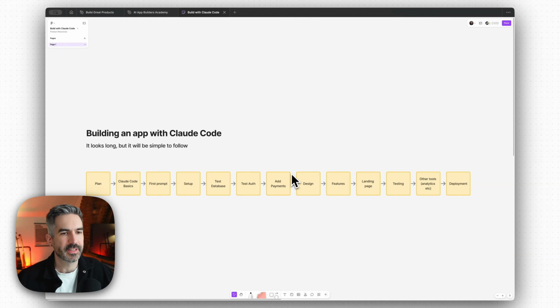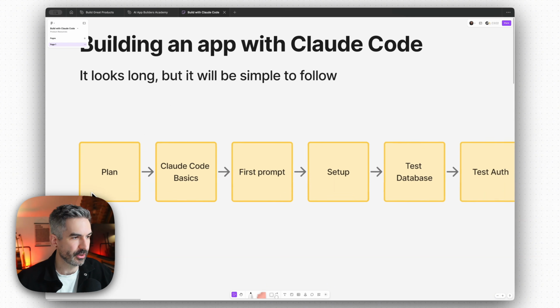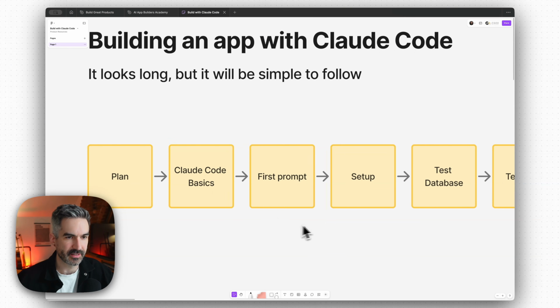So let's start building our app with Claude Code. And what we're going to do is we're basically going to go through all of these steps in this video. And I know this looks long, but this isn't going to be that difficult to go through step by step. And you can follow it through the entire video with Claude Code as well to build your app idea as you go. We're basically going to go through planning, some Claude Code basics and how to get set up with